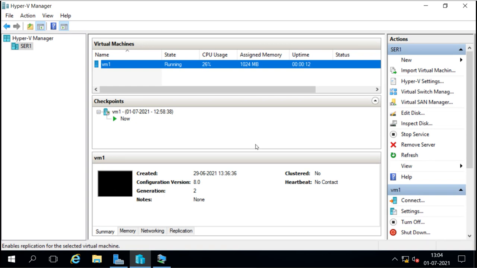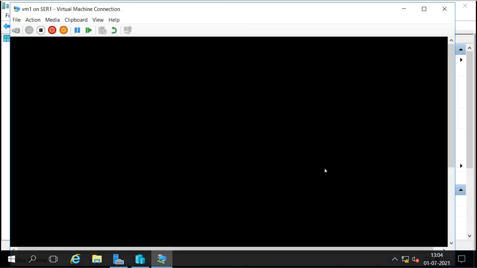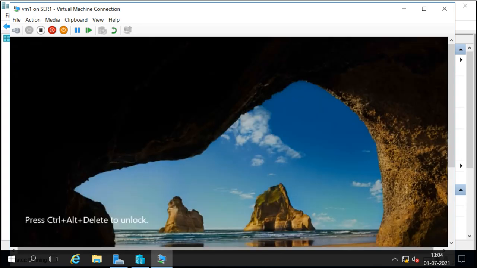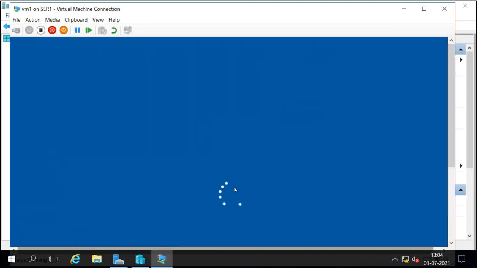It will go back to the previous state. I will connect to this, and now it is starting. Okay, it has started now. Provide the password.